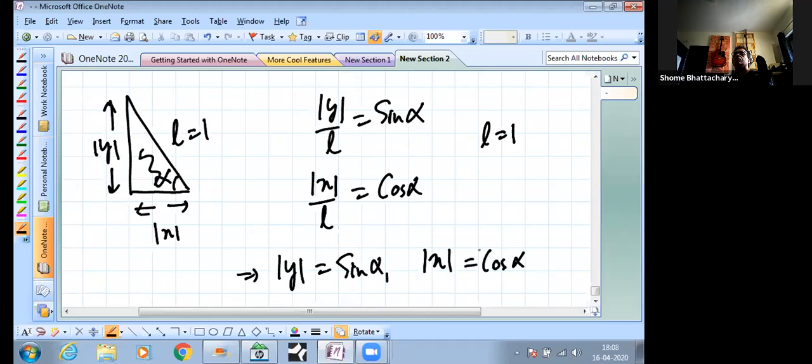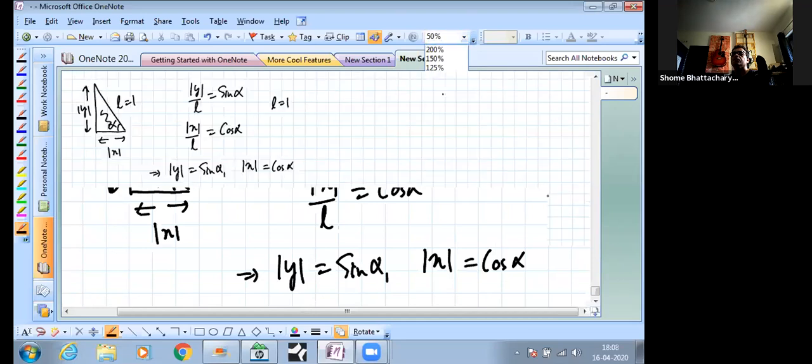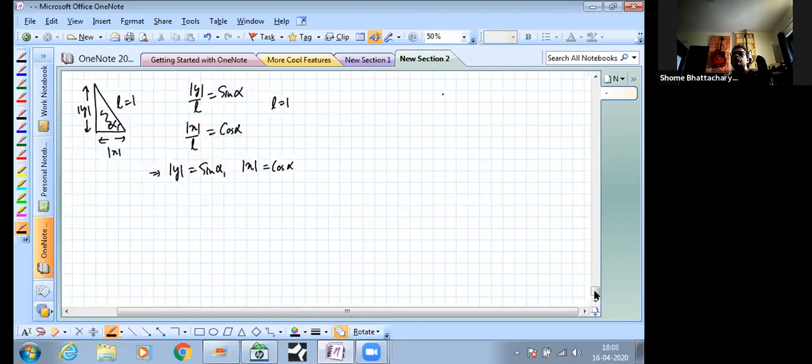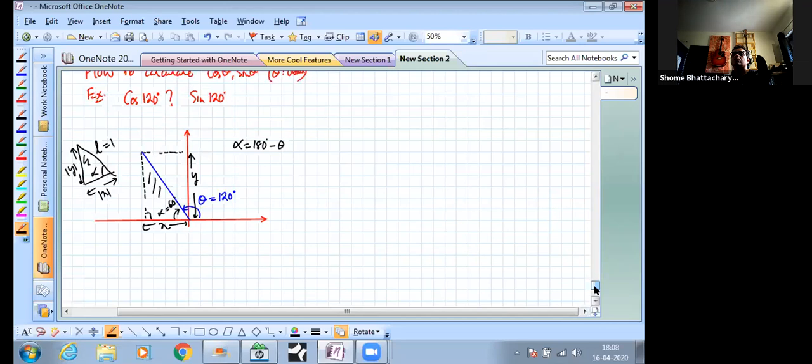So this is a very critical step. I'm leaving it for you to quickly analyze and understand this step fully in context of the above diagram also. From the above diagram, I'm just picking out this small triangle. I've rotated my rod through an angle of, let's say, 120. So it's casting a projection of x on the negative x-axis, so you can see x is negative, and it's throwing a projection on the positive y-axis, so you can see y is positive.